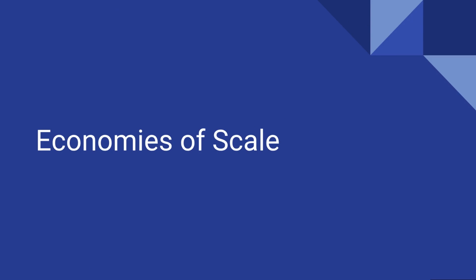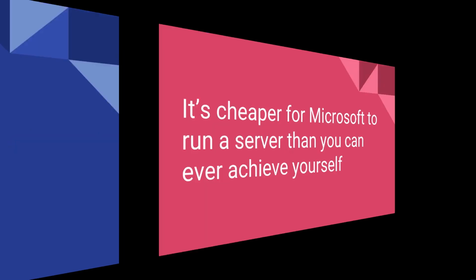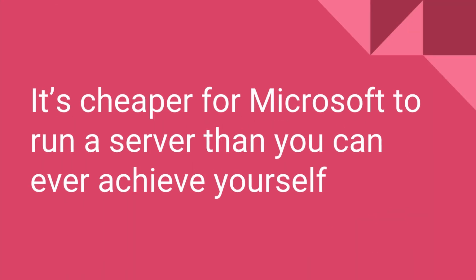The next concept is called economies of scale. Economies of scale is this concept within economics that says that the more that you purchase, the better your buying power, essentially. So if you were going to buy 1 million servers or 1 million hard drives, you're going to get the best possible price that vendor can give to you. And then you're going to be able to set that up in your environment in a super efficient way.